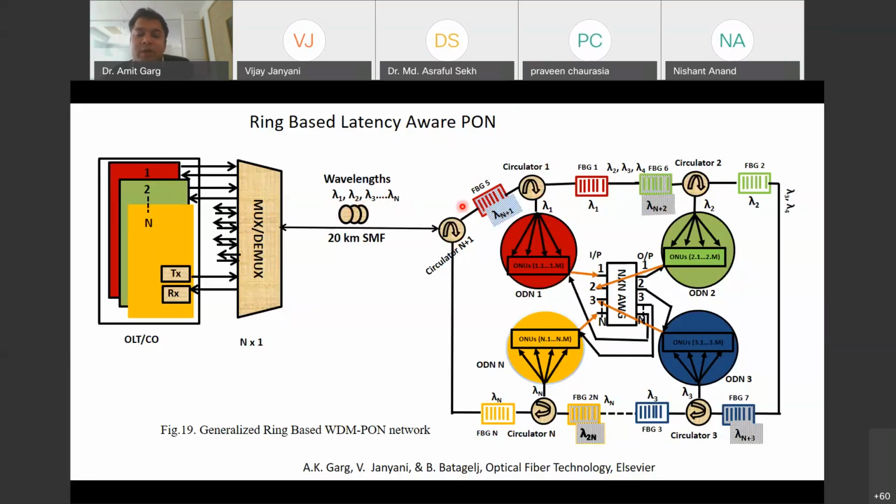The circulator will direct these wavelengths in this direction, and this wavelength stream will pass through this FBG and come at the circulator. Again, the circulator will direct these wavelengths to this place, and now this stream will come at this FBG.